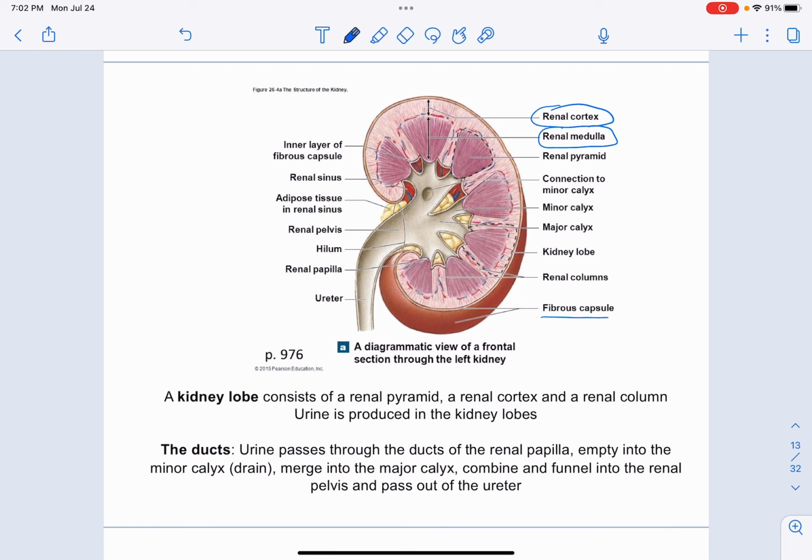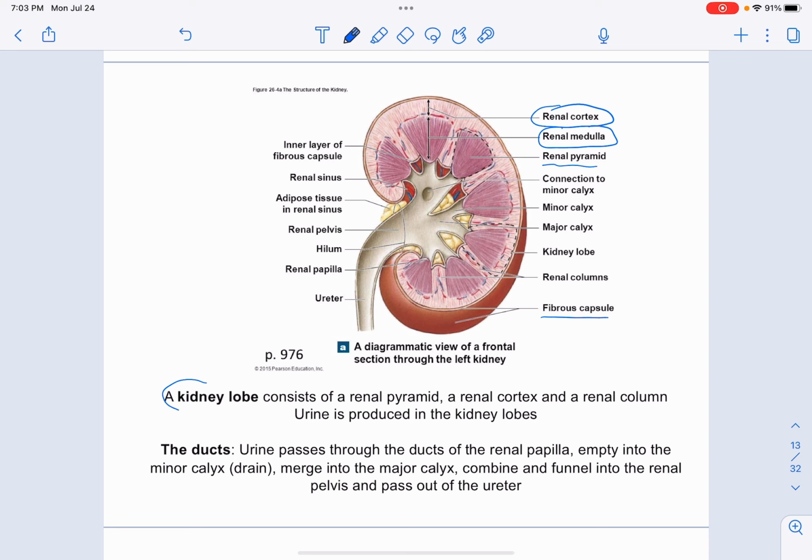Then within that medulla region, you have a series of renal pyramids, which are those triangular sections that you see. You see many of them all around the kidney. Those are the renal pyramids. All right, so let's also talk about